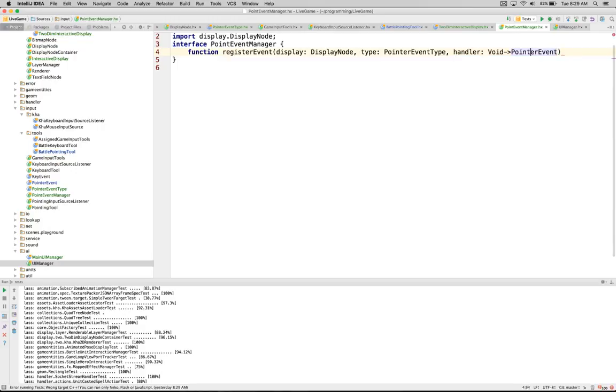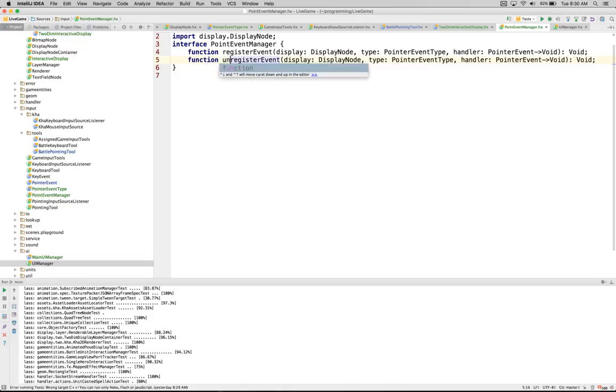Oh, it's backward. Void. Okay. And then we need unregister, and then actually